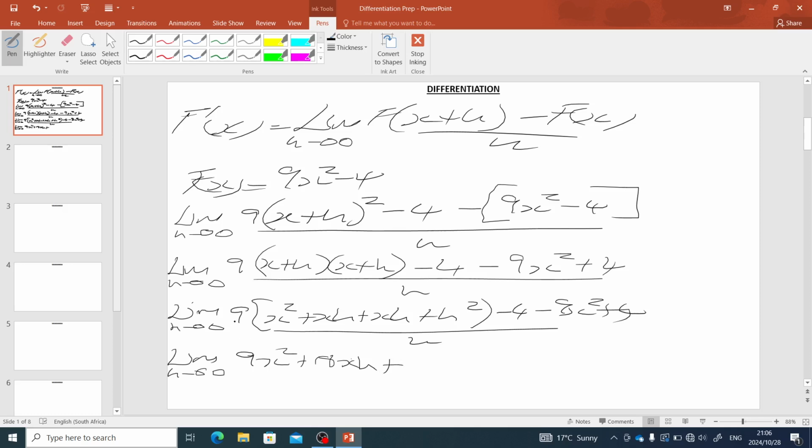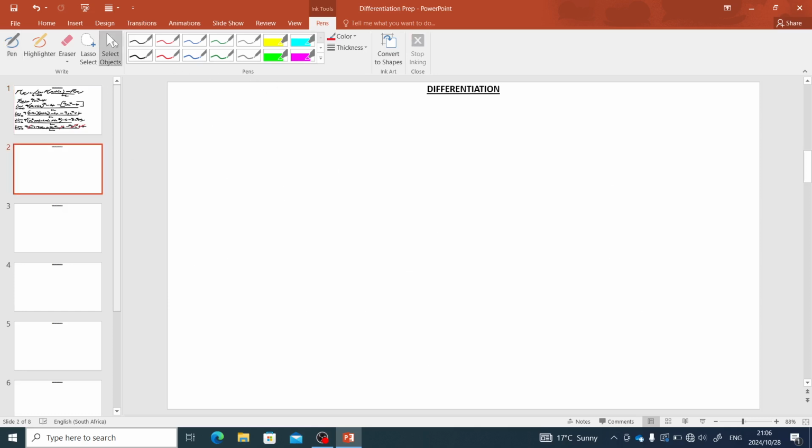Then plus 9 multiplied by h squared, it will be 9h squared, minus 4 minus 9x squared plus 4, divided by h. Okay, then from here we can add the like terms. Negative 4 plus 4 gives us 0. 9x squared plus negative 9x squared gives us 0. Then we are left with